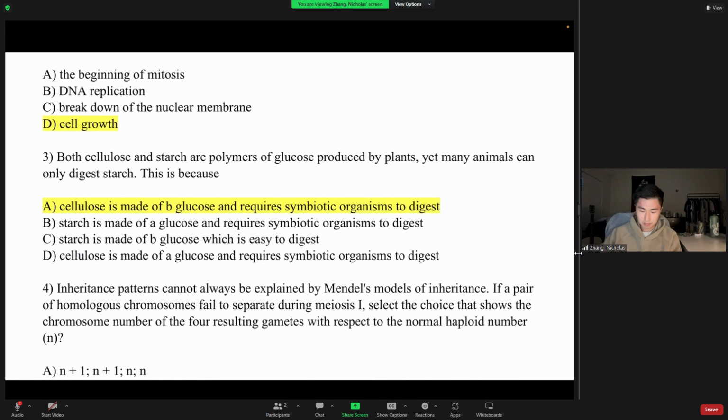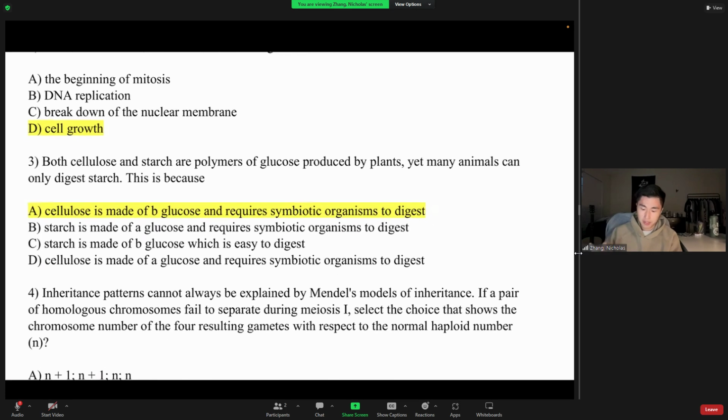the cell is separated. Number 3, both cellulose and starch are polymers of glucose produced by plants, yet many animals can only digest starch. This is because what? It's because cellulose is made of beta glucose and requires symbiotic organisms to digest. Starch, the most common form made by our bodies, is made of alpha 1,4 and 1,6 glycosidic bonds, whereas cellulose is made of beta glycosidic bonds. These beta bonds,